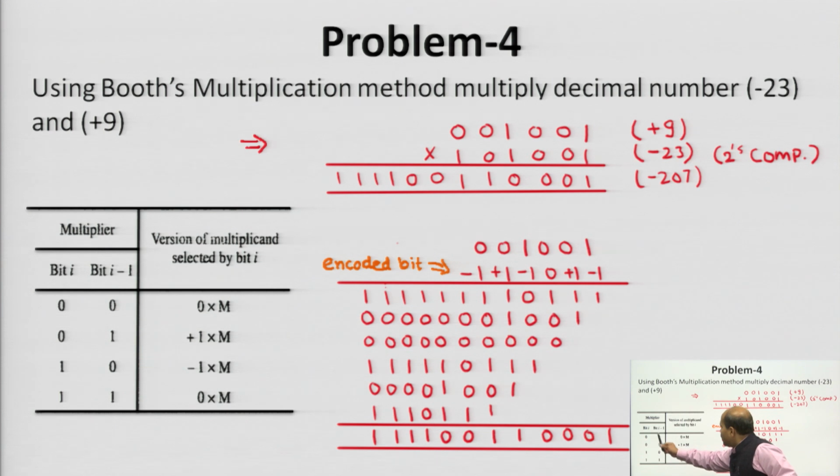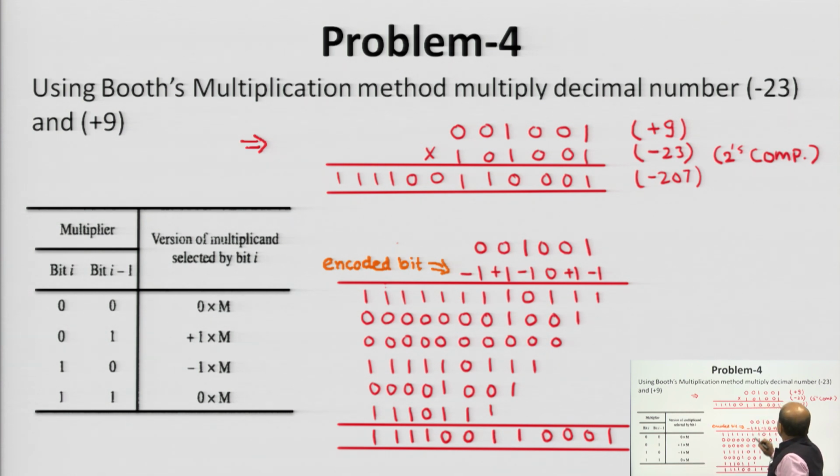So, first we do the recoding operation, that is done here: 0 0 0 0 1 plus 1 1 0 minus 1 1 1 0. In this way, if bit i is 1 and bit i minus 1 is 1, then we replace it with a 0. So, what are the encoding values after this encoding technique?